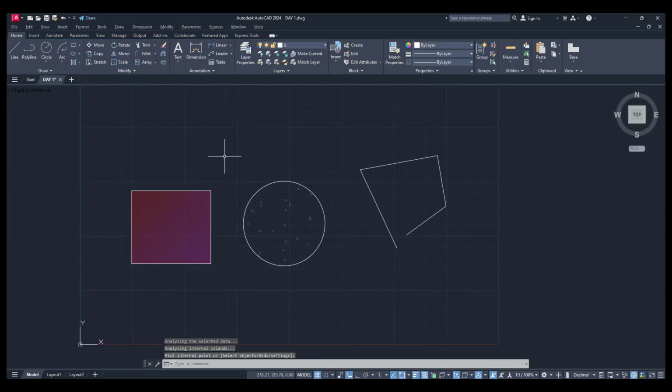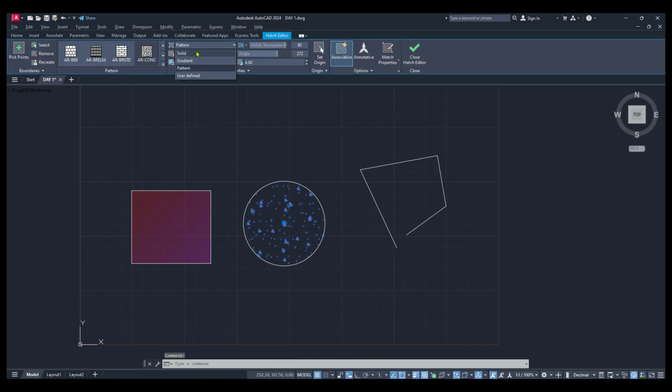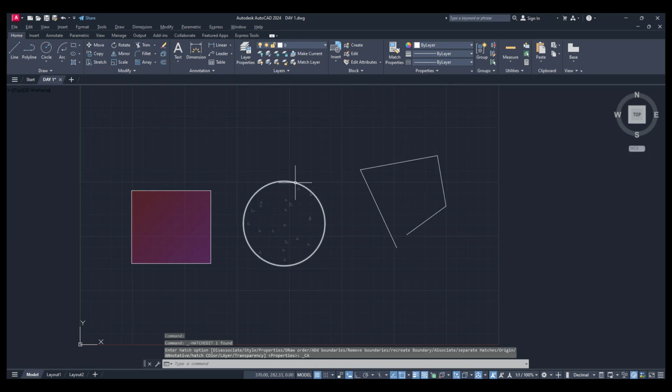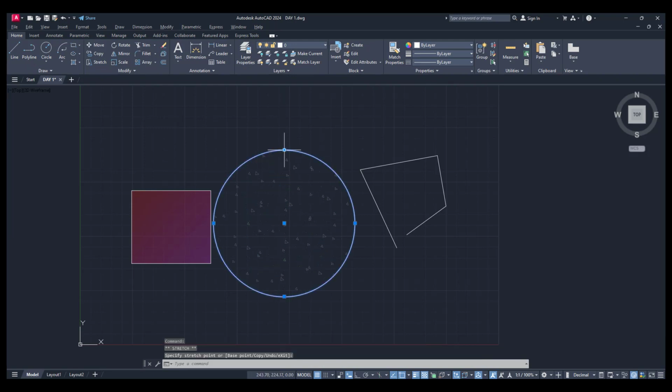Once you apply the hatch, if you want to edit, then you can select the hatch and modify it into solid, gradient or pattern. Here we have one more option, that is associative. When associative is on, in future if I want to increase the geometry, the hatch will also increase.